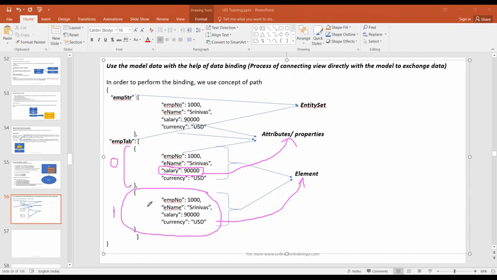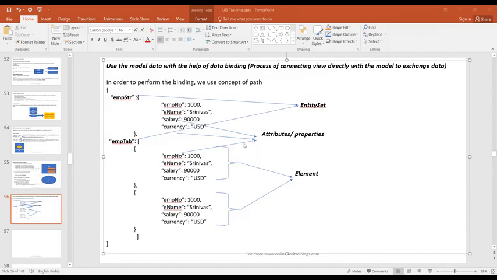Clear, everyone? This is all basics of JavaScript and JSON, which we learned in the last units, right? So is this clear, everyone? How does the JSON look like? What are all the entity sets, attribute properties or elements? Now,